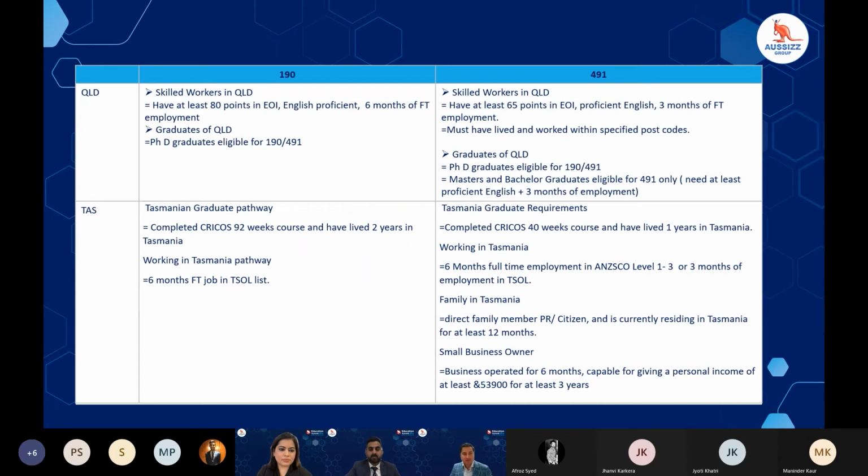Okay, so QLD, which is Queensland. Queensland also has two different pathways. One is skilled workers in Queensland, another one is graduates of Queensland. So for 190, you should be able to score at least 80 points in UI, have English proficiency, and